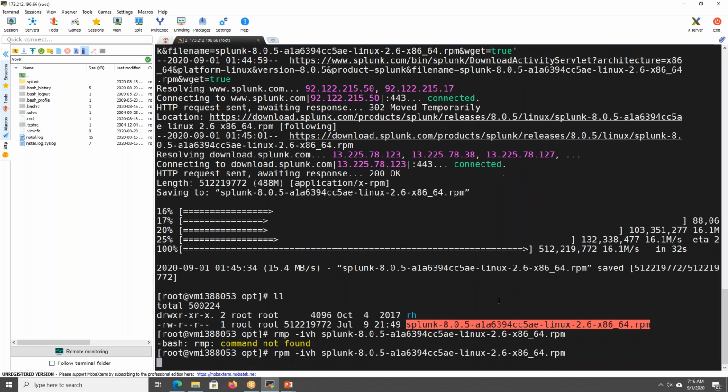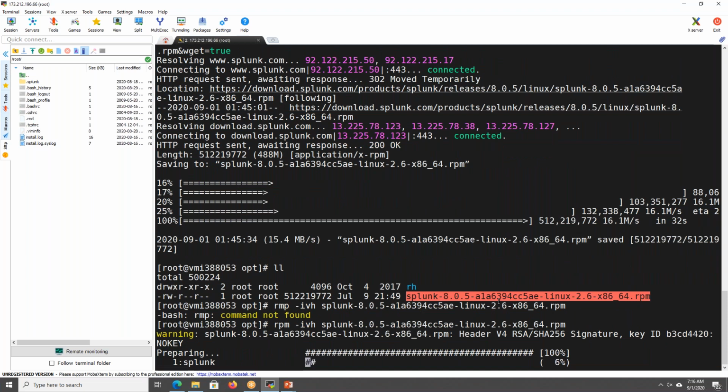Now the package is getting installed. But we will prefer using the tar based one, because mostly it is very flexible.